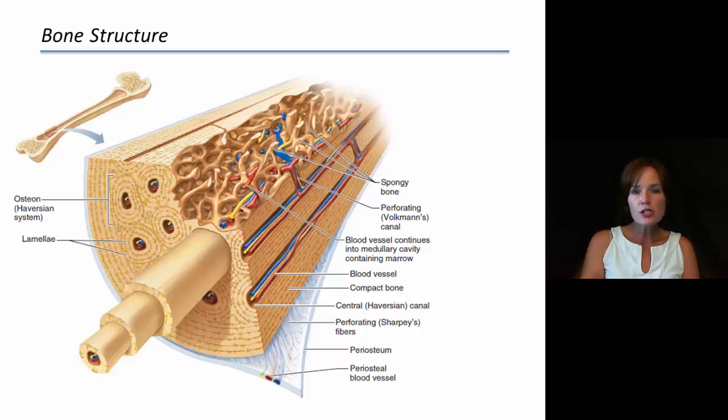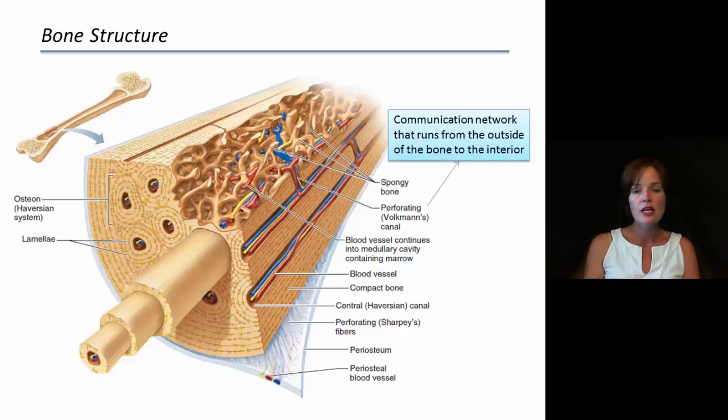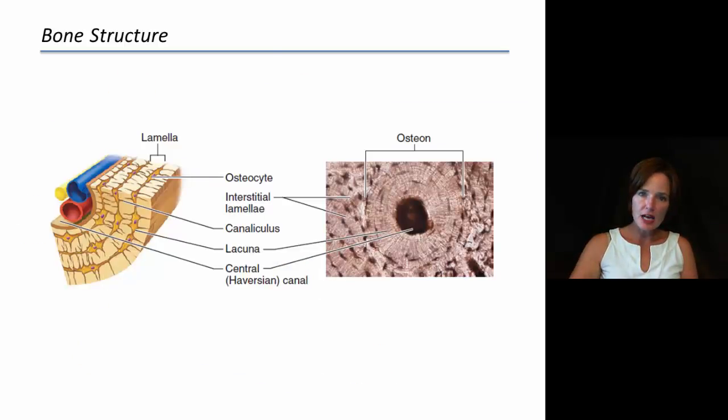If we talk first about the communication network, it is what we call perforating canals or Volkmann canals. This is going to run from the outside of the bone to the interior of the bone, and again, it's used for communication. If we take a close-up look at the bone so we can see it in more detail,